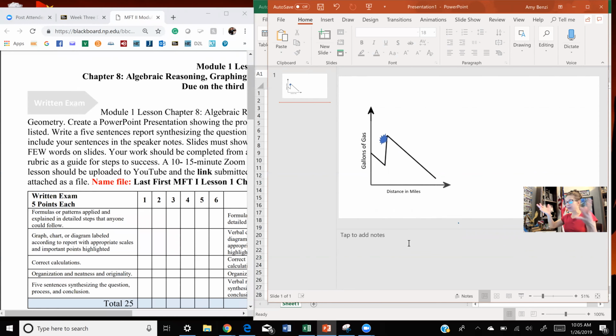So if you have all your graphs, all of number 1 on a single slide, then you would simply put all of your sentences on that 1 slide. Just do it how it makes sense to you. You have freedom